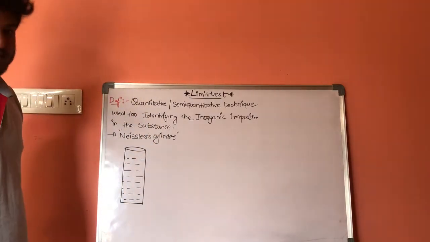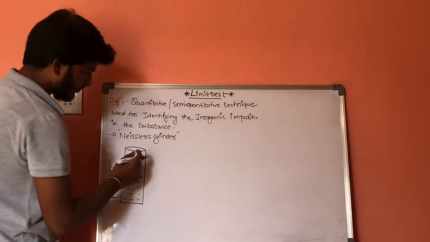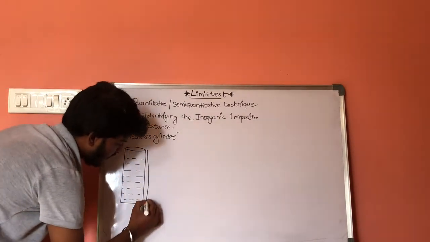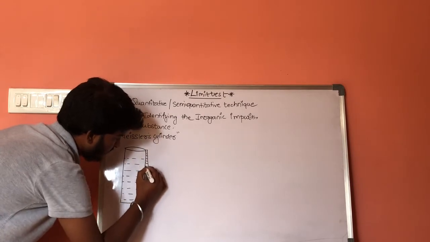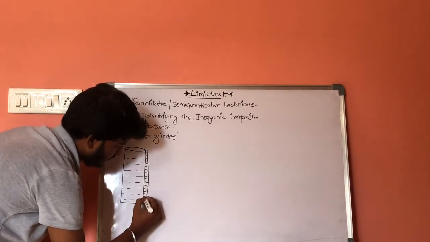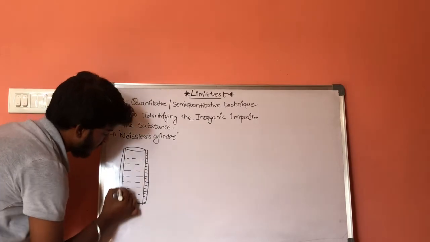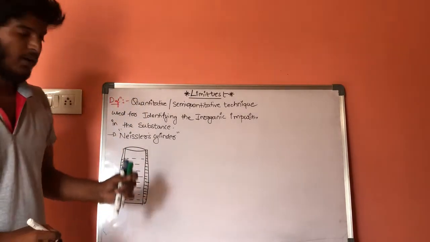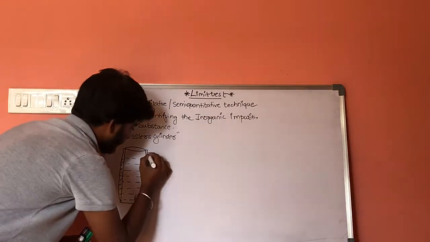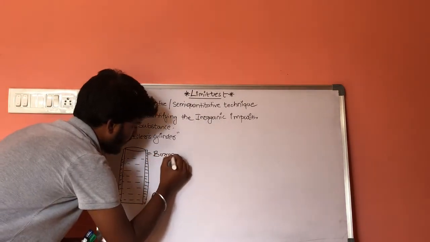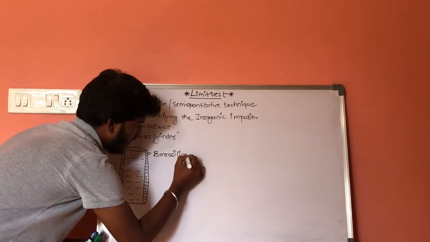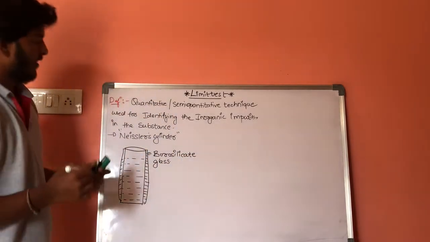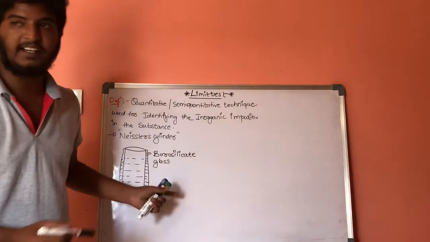This is a structure of Nessler cylinder, and the outermost layer of this Nessler cylinder is made up of borosilicate glass. It is made up of borosilicate glass, and